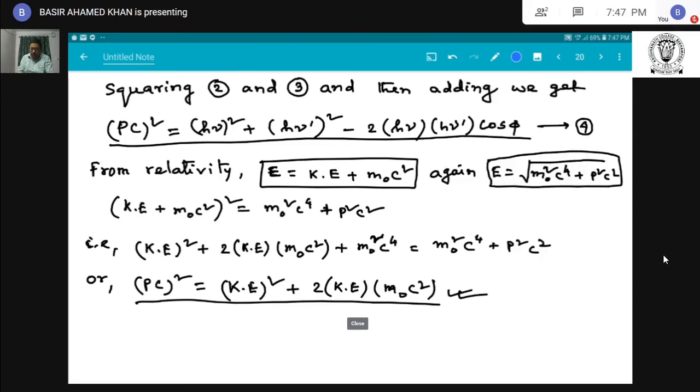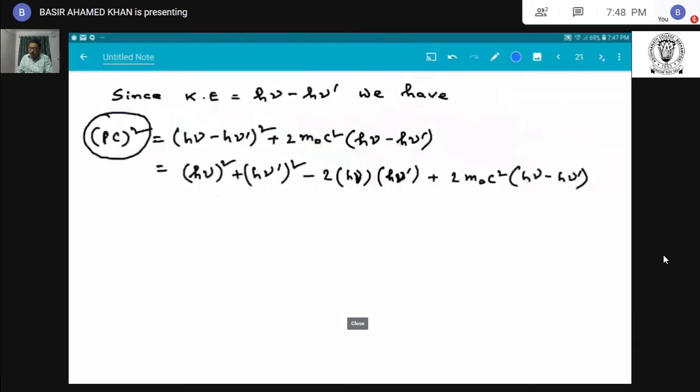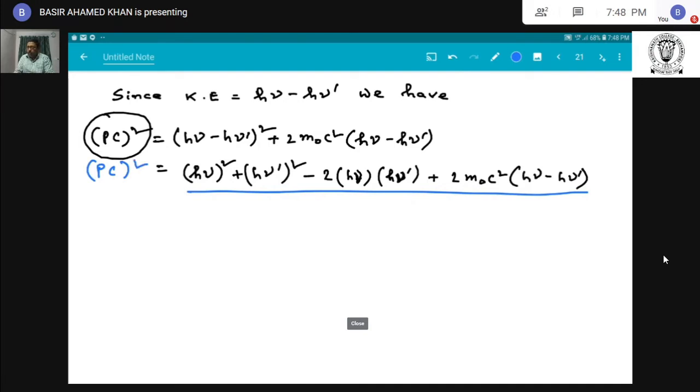That means I put equation 4 into this equation, (PC) square equal to this, or using equation 4 we get